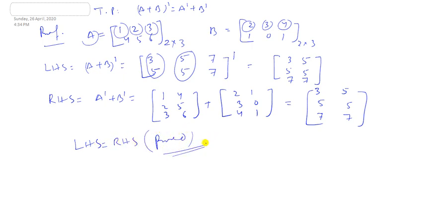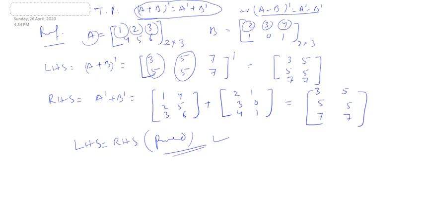Similarly, I can take some general elements also to prove this result. So this is just a proof by example, and it holds for all the matrices. So remember, A plus B whole dash will be equal to A dash plus B dash, or you can write the same result as A minus B whole dash will be equal to A dash minus B dash. So the same property, that means your transpose is distributive over addition and subtraction.